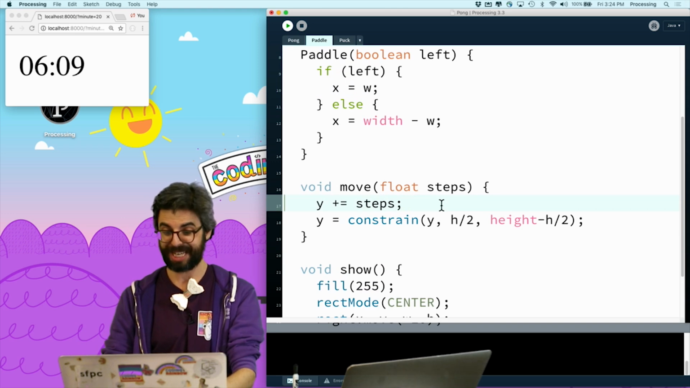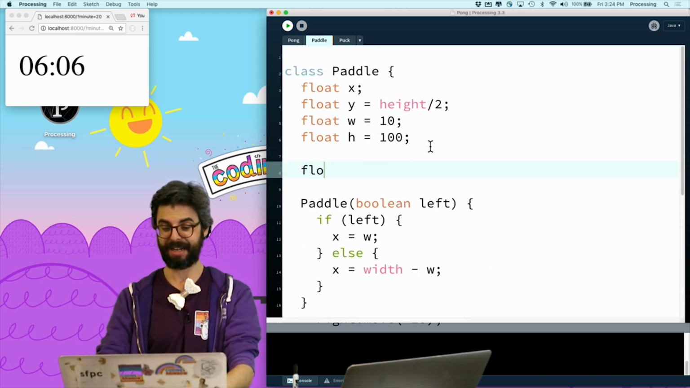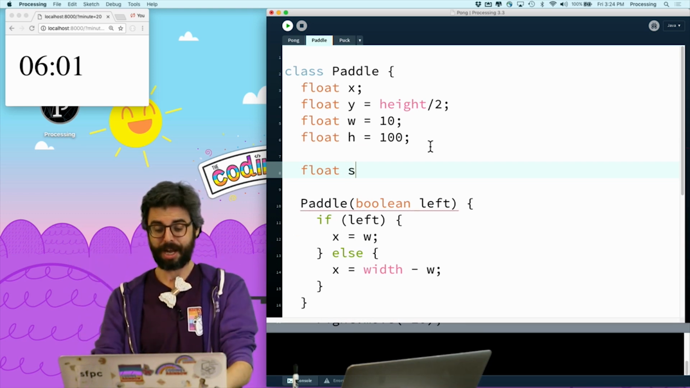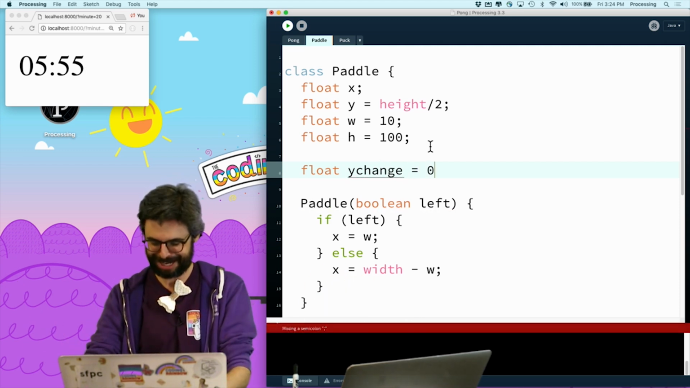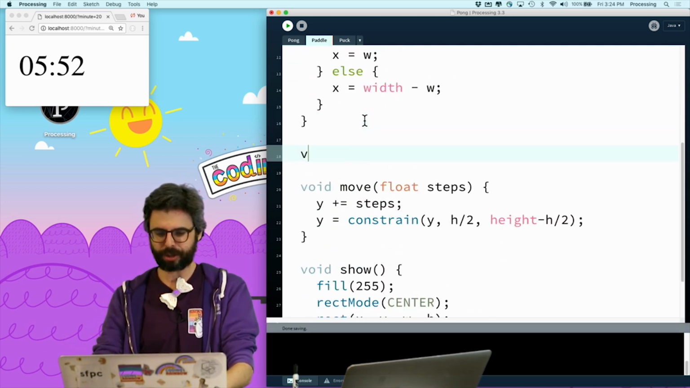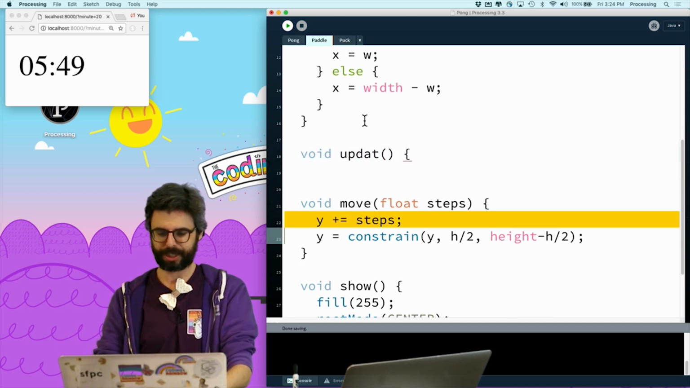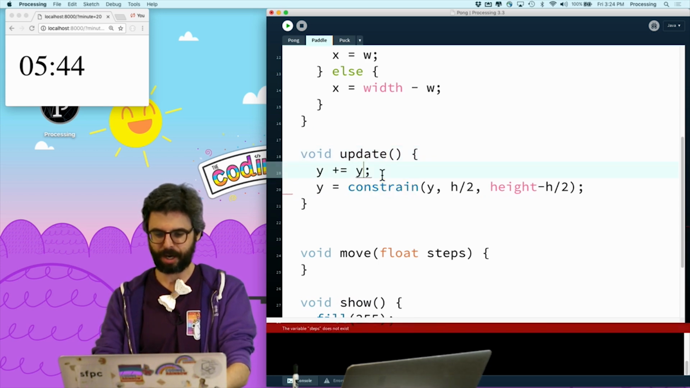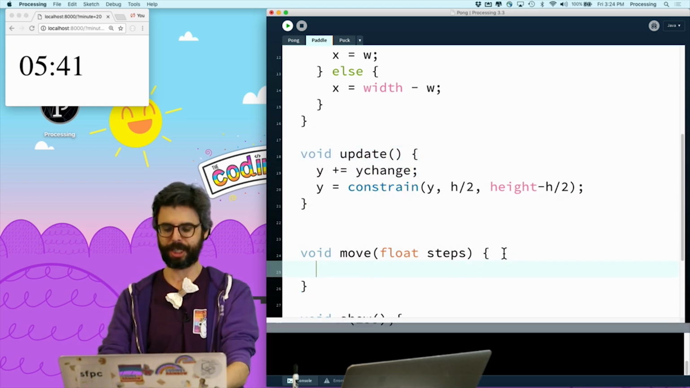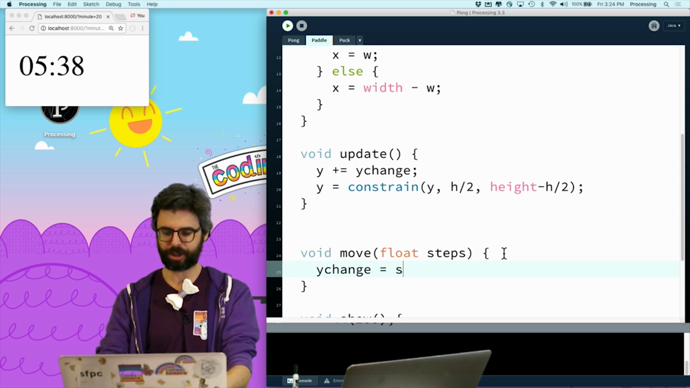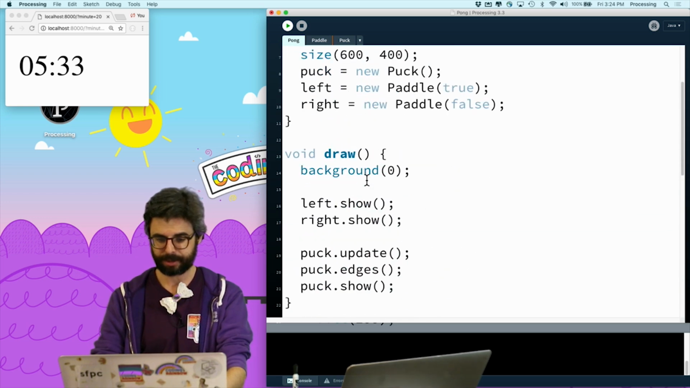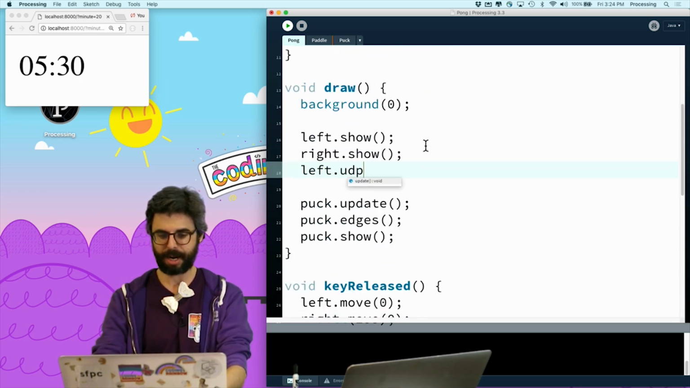But what I want to do is have a variable, I'll just call it y change, which is 0. I don't have time to think about a better name. And I'll also have an update function, which does this. The update function always changes it by y change. And the move function just sets y change to a certain value. So in other words, I'm going to always call left.update,